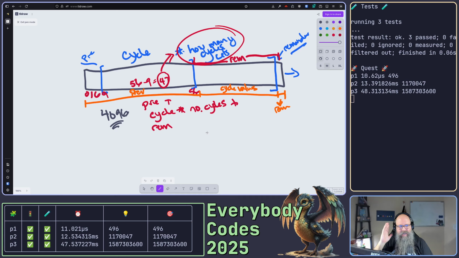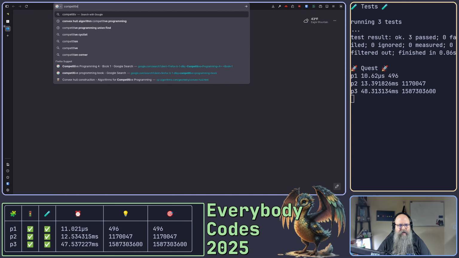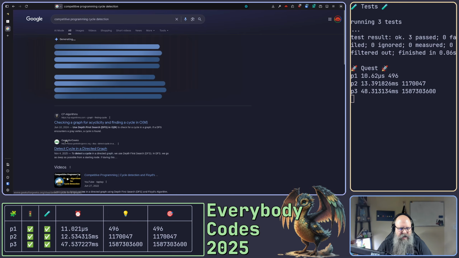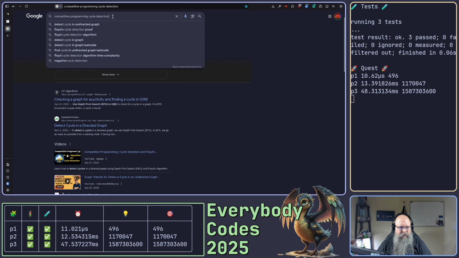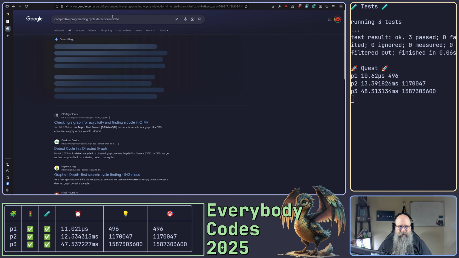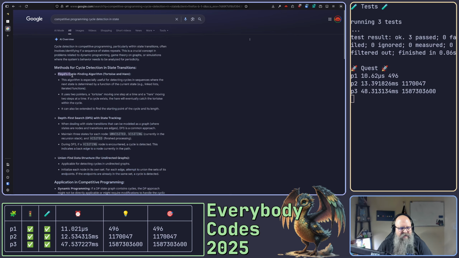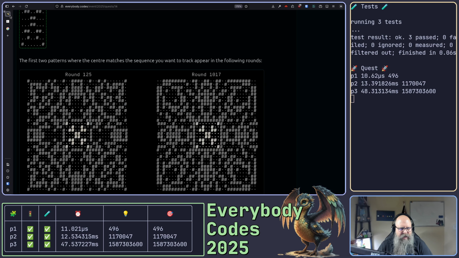Cycle detection is like a huge thing in programming puzzles, and so if you like programming puzzles, it's probably something to put in your toolbox. In fact, I haven't even looked, but competitive programming cycle detection, I wonder if there's like a general aggregate. Oh, I have seen some of these, but these are more like state graph type things. Anyway,